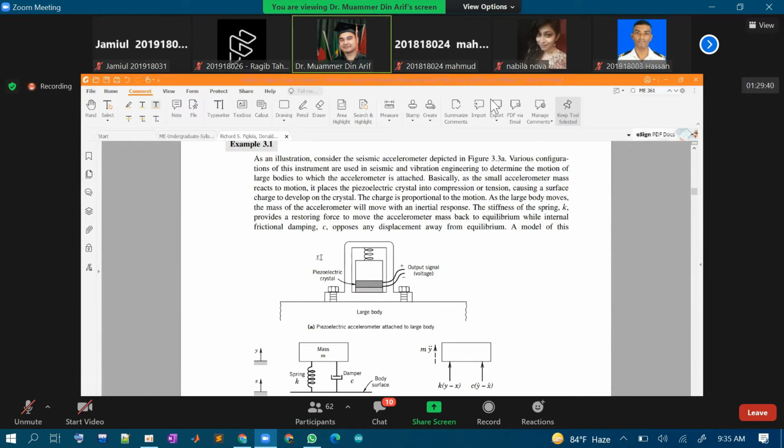এই এক্সাম্পলটা ভালো, বাট আমরা তো খুব একটা ইয়ে করবো না. উইল জাস্ট গো থ্রু দিস, পরে আমাদের আসবে. You can see a very interesting one. You have a piezoelectric crystal that you are using to give voltage and cause it to change and vibrate. And you are connecting this to a large body. So এগুলা দিয়ে যে জিনিসটা খুব ইন্টারেস্টিং হয় যে you can measure vibrations, you can measure